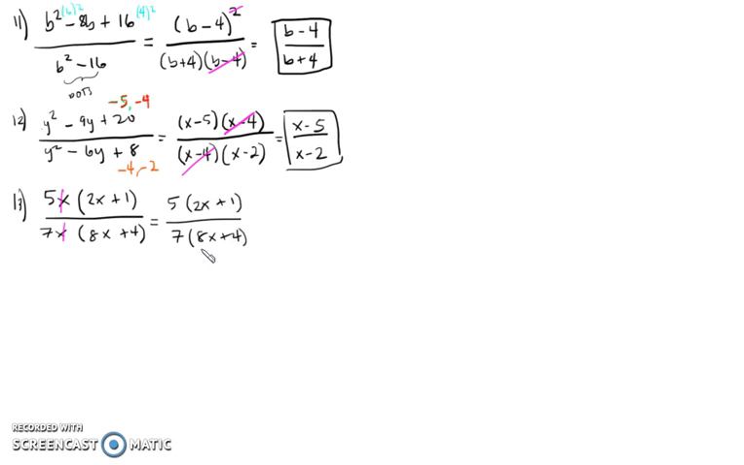But as you can see, in the denominator we can still factor out 4. Because we have a common factor of 4, that would give us 5 times 2x plus 1 all over 7 times 4 times 2x plus 1. So simply cancel this out, 2x plus 1, so that gives us 5 over 7 times 4, and that is 28. Okay, so for number 14,